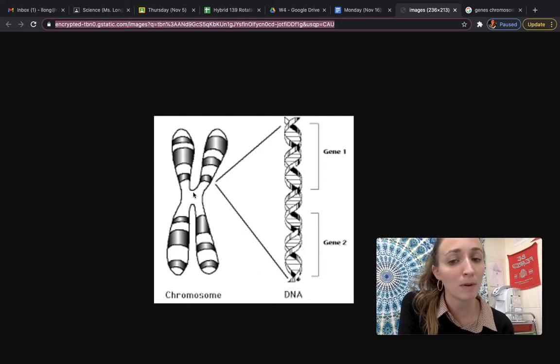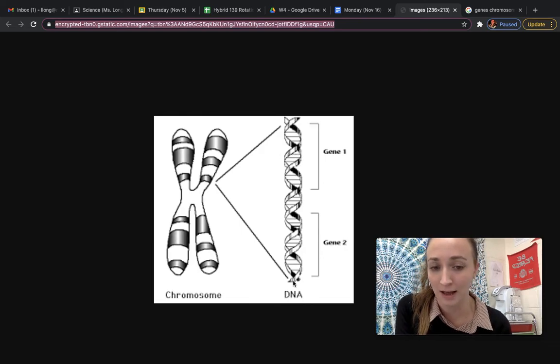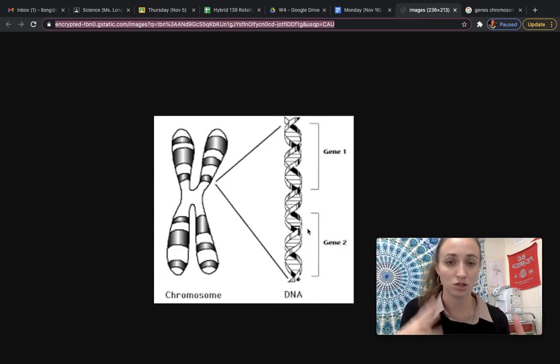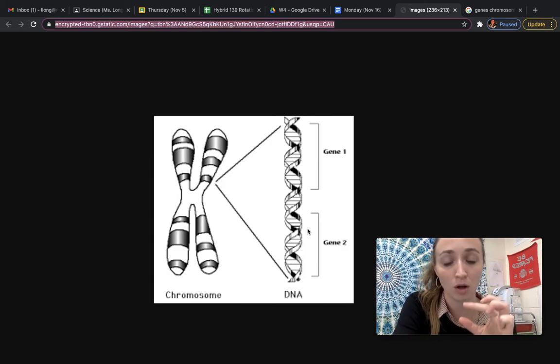So we're pretty good at remembering the chromosomes. That's that X-shaped structure. It's the DNA and the genes that are really tripping us up. So remember, DNA is the whole long strand that looks like that ladder. The entire strand is your DNA. Parts of your DNA, or segments, that's going to be your genes. So on each strand of DNA, you have multiple genes. When you think of genes, just think many genes. So that's going to be the smallest piece because here we have a gene, here we have a gene, and